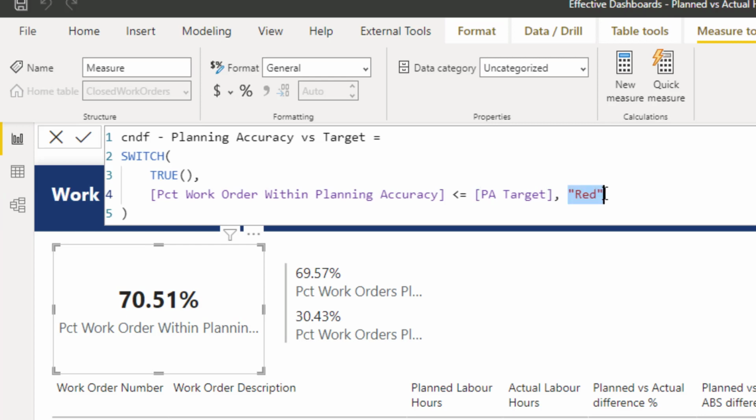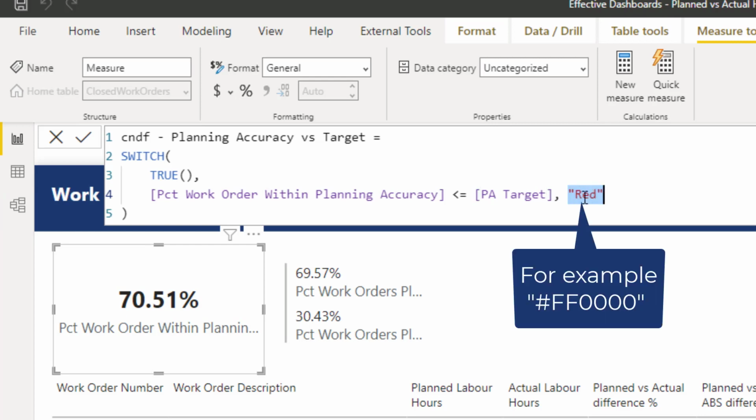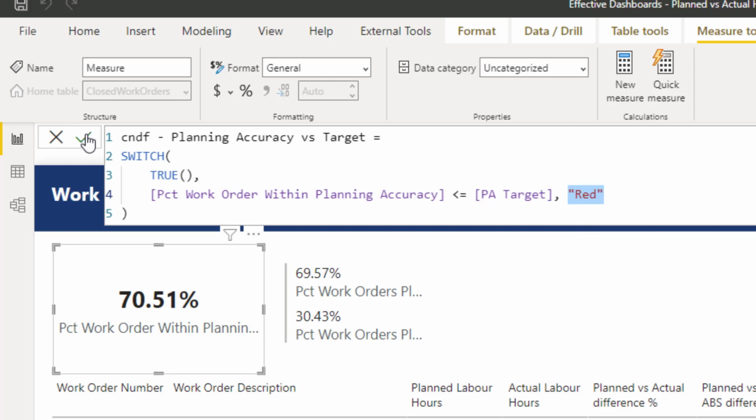Okay, so this color here, red, we could put a hexadecimal number in here, but you can also just put a color and it'll recognize that as being a color. It is going to be used to feed the conditional formatting value for this card here. So let's go into the card,